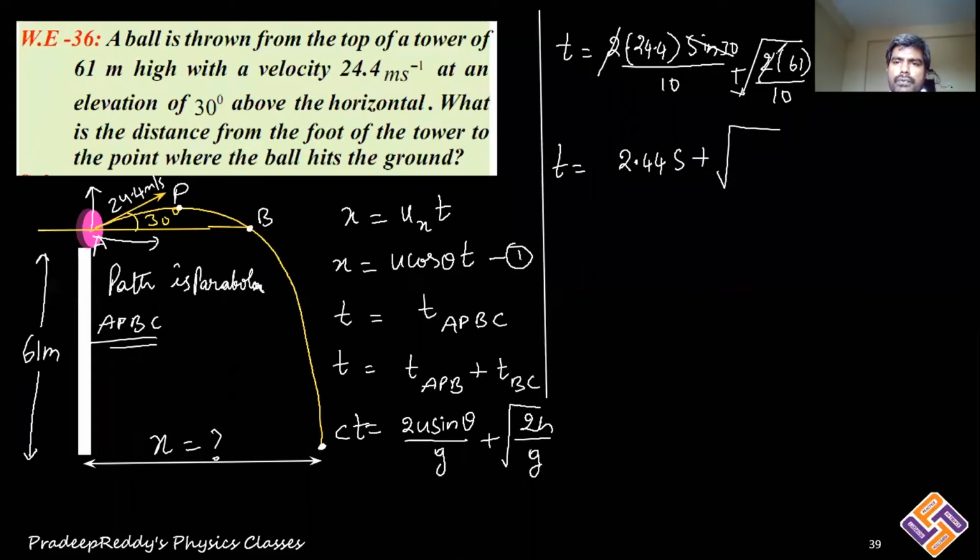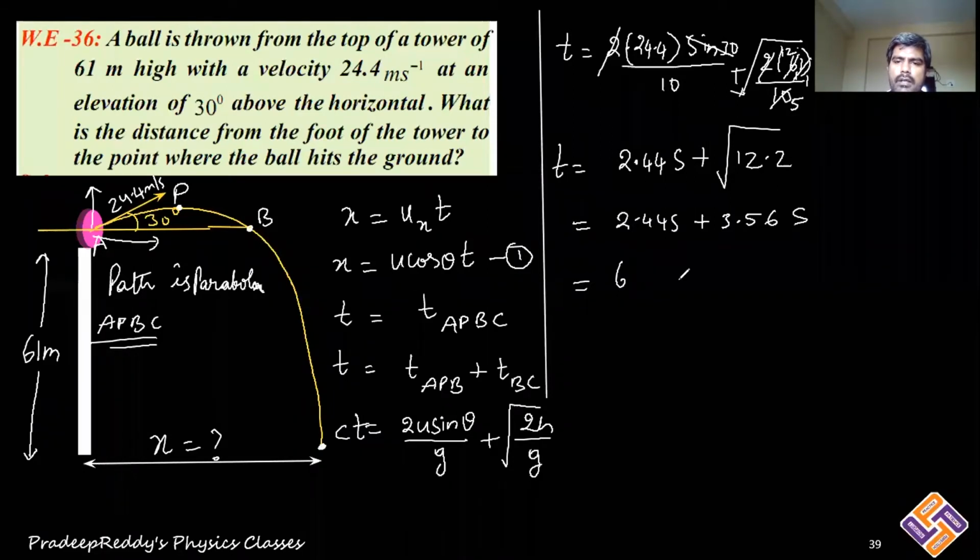This gives you 2 5s 10 and 5 1s 5. Remained is 1. 5 2s 10. Remained is 1, 10 and 2, 12.2. This is 2.44 second plus under root 12.2, which can be nearly written as 3.56 second. Approximate value I am taking here. Now if you add these two, you will be getting time taken as 6 second. Approximate time taken is 6 second.